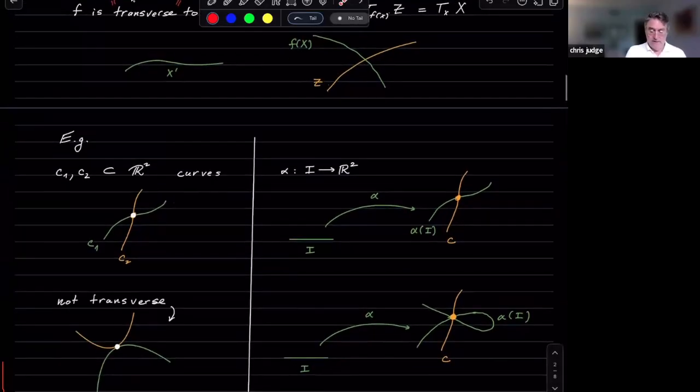Okay. And of course, the example of not being transverse, the prototypical example, is where they're actually tangent. So here the tangents, this direction is, at this particular point, not spanned by the sum of those tangent spaces. So I'm missing this direction. So it's not transverse. And of course, there's a little bit more flexibility using the map definition, because you can